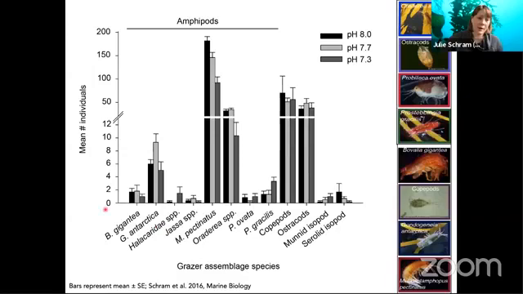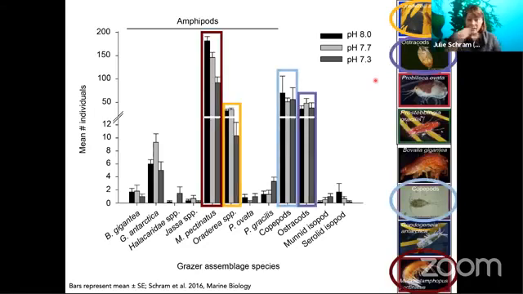On this figure, I have the mean number of individuals that I counted, and on this axis, I have the organisms that I identified, many of which I also have pictures of here. Each of these bars is color-coded based on the pH. I want to highlight some of these species. These different colors represent the species that are most abundant that I found. And you can see that the species that are most abundant are not all responding the same. You don't see the same trend in their abundance as you change the pH, which means they're having different responses. And that might be contributing to why we don't see a big difference between the 7.7 and the